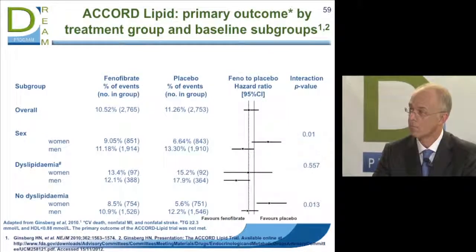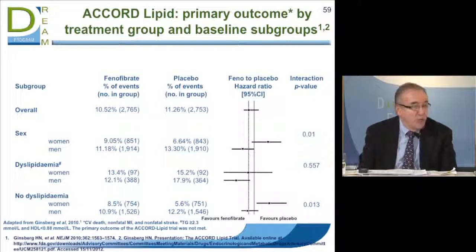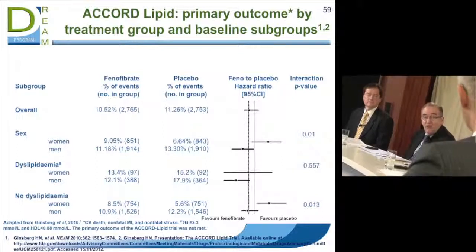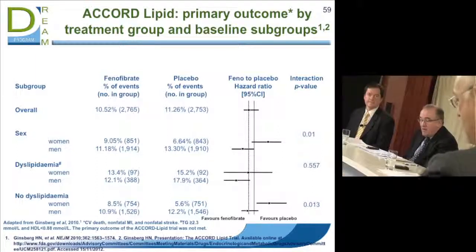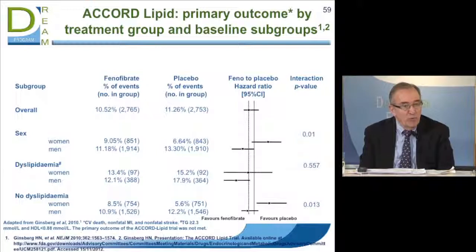When we looked further at the dyslipidemic group, because that was our group where we had benefit as a group, we saw that women with dyslipidemia, who had the same exact lipid levels as the men with dyslipidemia, seemed also to benefit. In the non-dyslipidemics, the women actually looked like they did not do well at all, whereas the men still had at least no harm, but not much benefit. So I do think this was unexpected. We don't have a plausible reason for it.